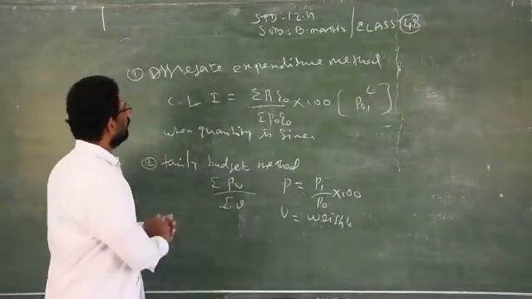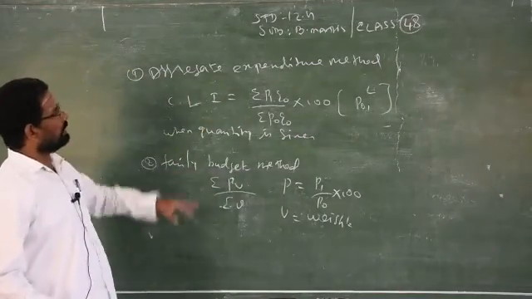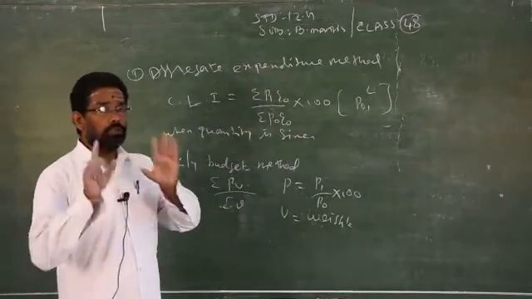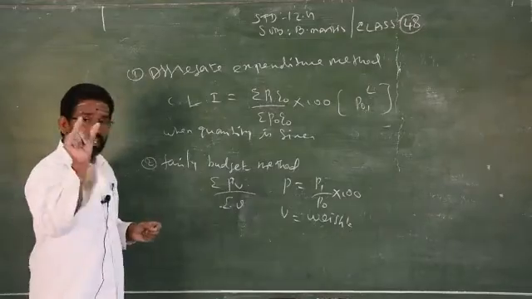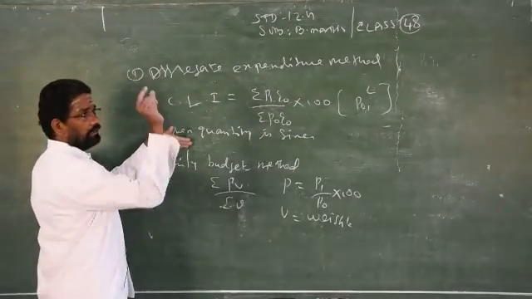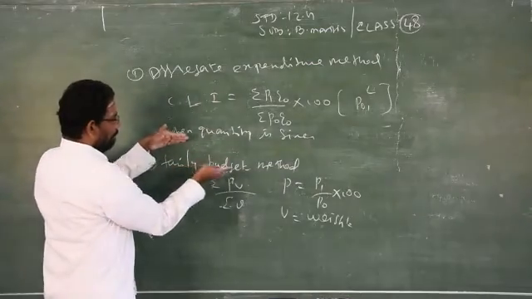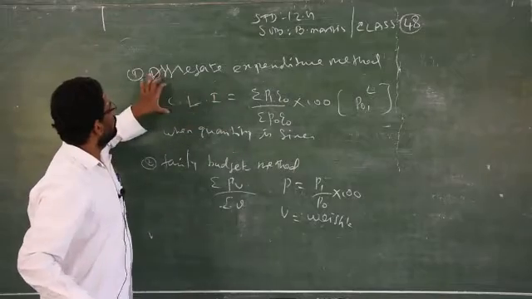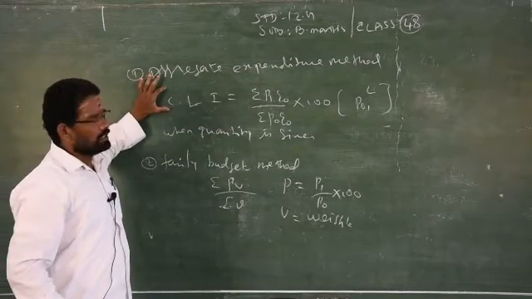So these are the two methods, but normally when the method is not mentioned, and the question simply says find the cost of living index number, when weight is given, apply the family budget method. When the weight is given in the question, you have to apply the family budget method. When the weight is not mentioned and quantity is mentioned, please go to the aggregate expenditure method.